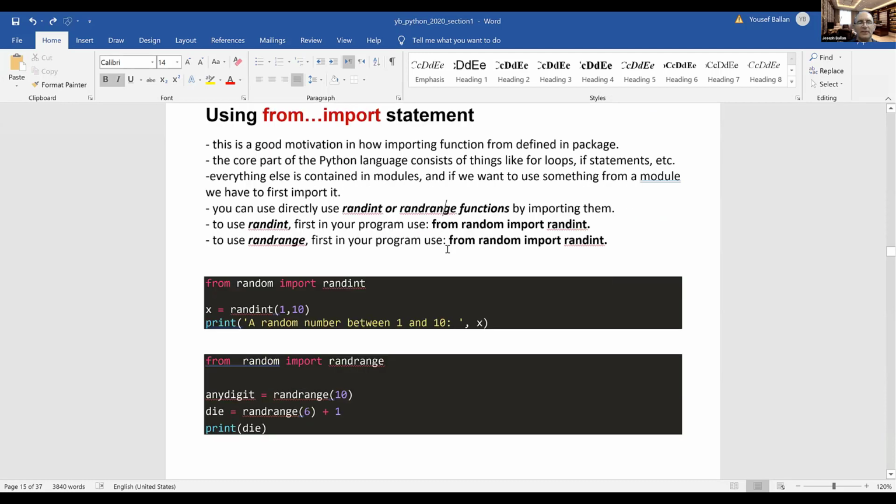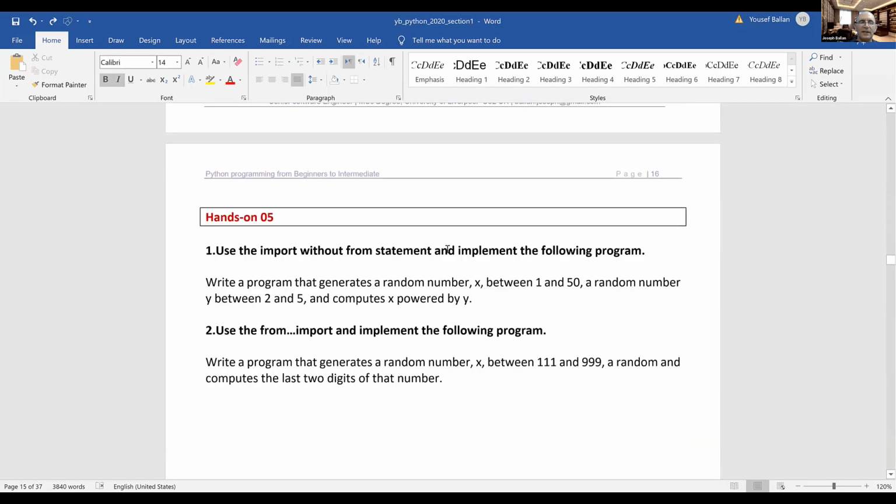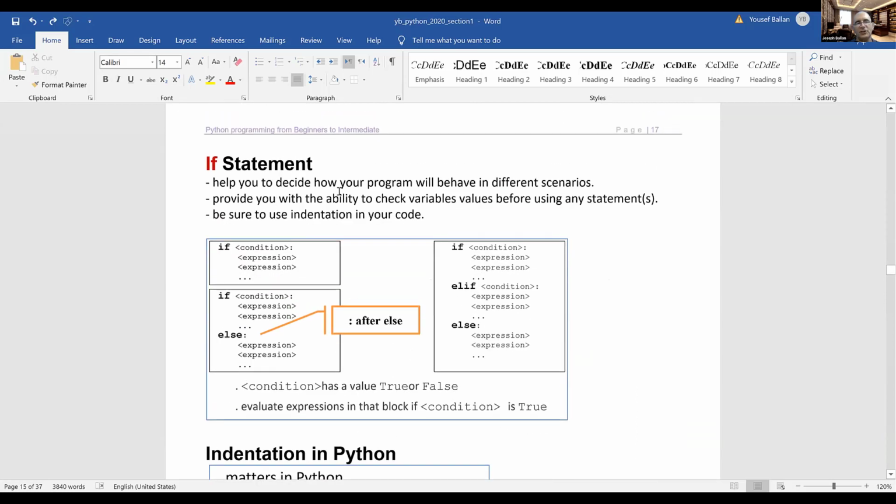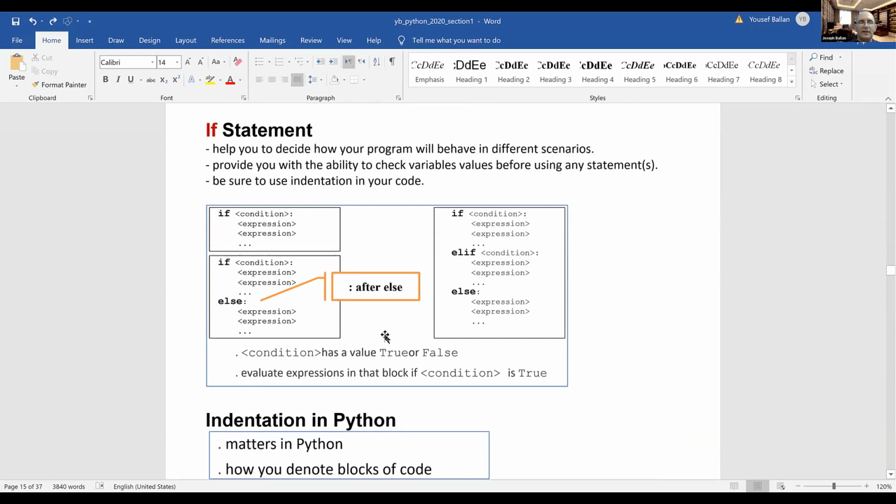So it's okay. Now the if statement. This is a decision statement, and here it is very